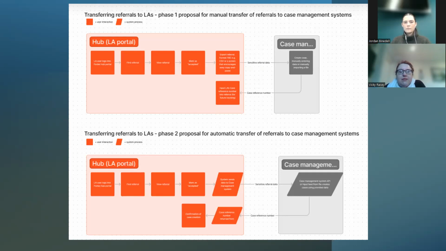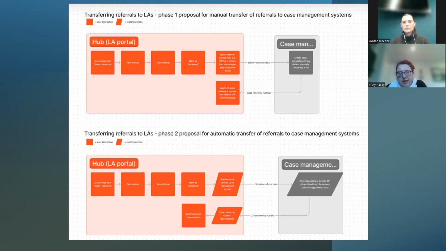Our plan is that this is in two phases. Phase one is to a degree a manual transfer of data with system files. You already enter your data manually at the moment onto your case management system, so it's not an additional workload. It just means you're carrying it on as you were before, but instead of getting it from whatever your recording method currently is, you're now getting it directly from the hub. This is the particular method that is being used in the Northeast at the moment as we speak.